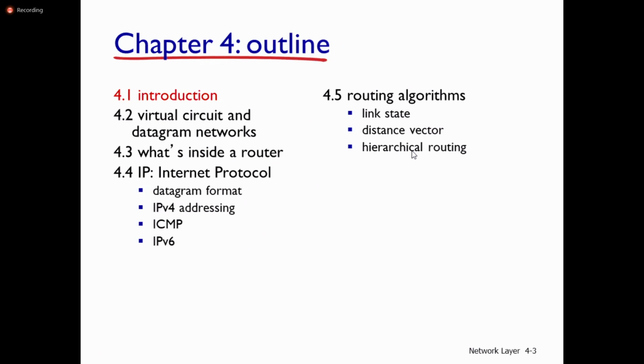So, introduction, then virtual circuit versus datagram networks. These are the two networks that come under this network layer. Then what's inside a router. Then next, Internet protocol: datagram format, IPv4 addressing. IPv4 addressing we have seen in our laboratory. Then ICMP. Finally, IPv6 we are going to see. Lastly, we are going to discuss the various routing algorithms: link state routing algorithms, distance vector, and finally hierarchical